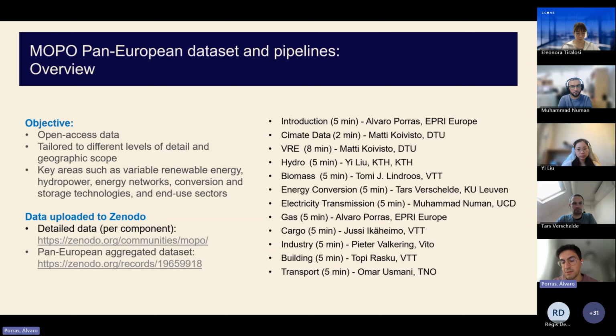In this dataset, you will find all the pipelines, but you also have the individual pipelines in different Zenodo repos. In this repo, you will also find how to create this model in the INES format, the Interoperable Energy System data specification that we are also developing in Mopo. But we will have a webinar specifically for that format in the coming webinars.